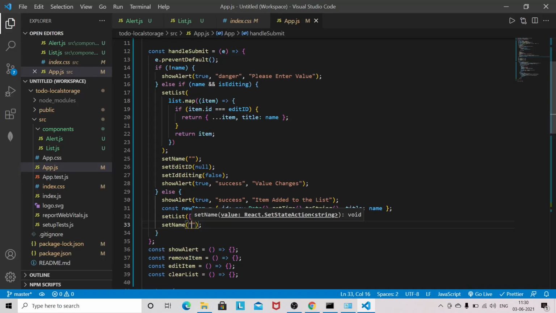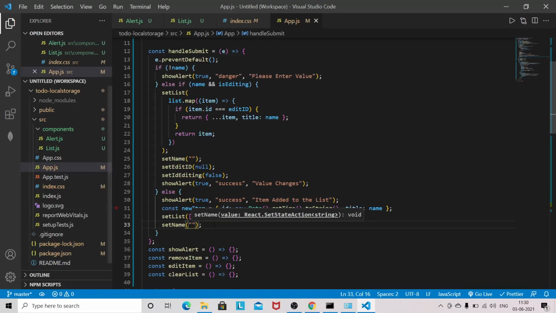So here first we are checking if the user hasn't entered any name, then we'll give enter value. Then it will check if the user is editing an existing list item, then this is for that condition, and in the else part the new list item will get created.